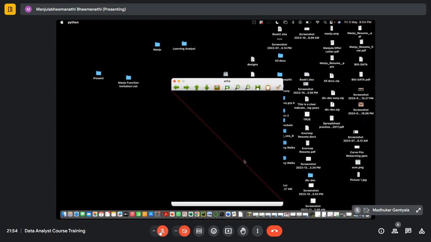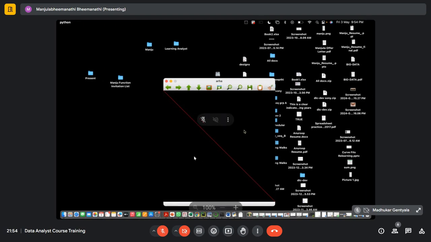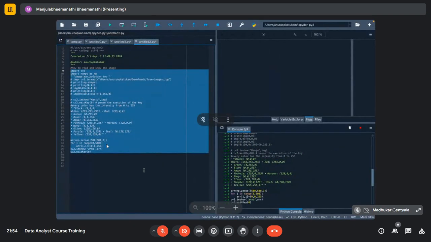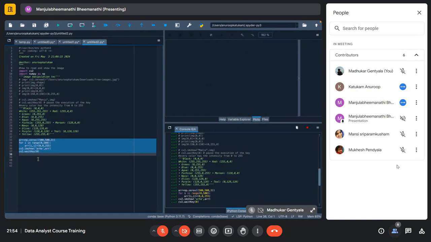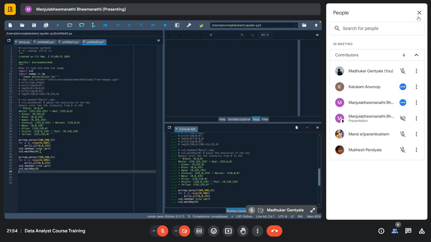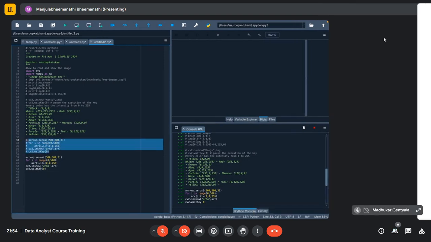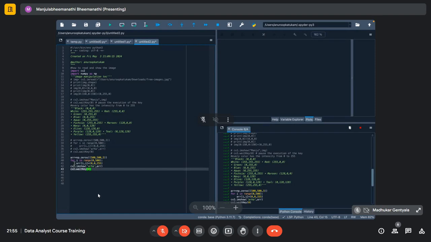Okay, so this is a simple thing, but this can also be replicated with a simple method, as Manju already mentioned, that there is a method called line, and you can say from which point to which point you want to draw a line. So now you can comment 34 and 35, or maybe replicate all those 4 lines, Manju, from 33 to 37 and put it down again, so that it will be easy. Copy them, put it down and comment the above. Yes. And now you can just remove 40 and 41,